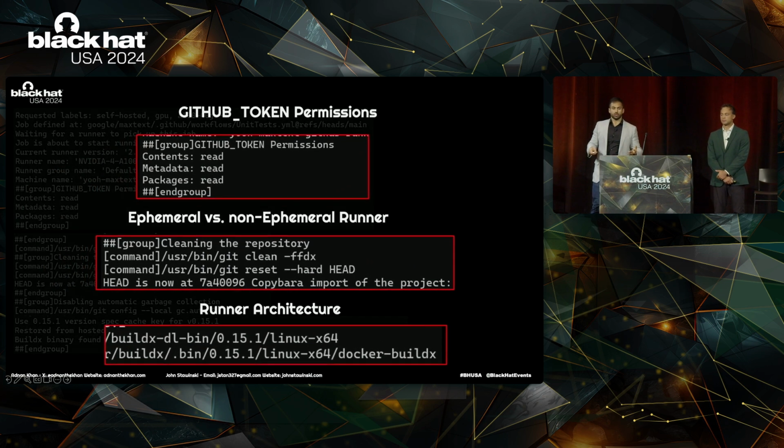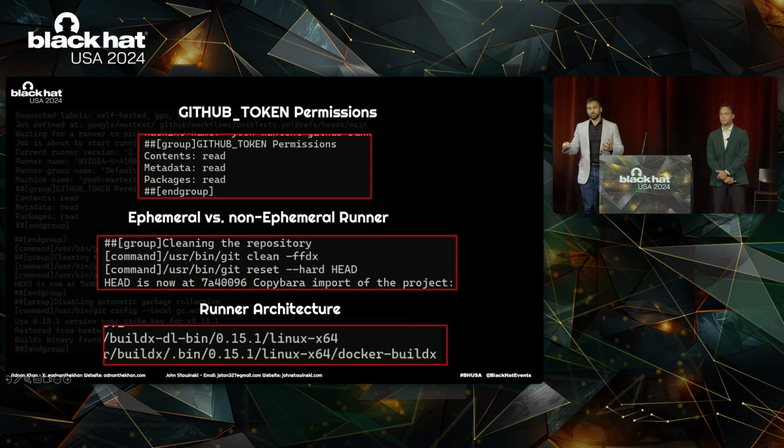Next, you can learn about the GitHub token permissions used by subsequent workflows that run on that runner. So if someone gets on the runner from a fork, which has a read-only token, and the next one has a write token, well, they can get access to a write token by persisting.